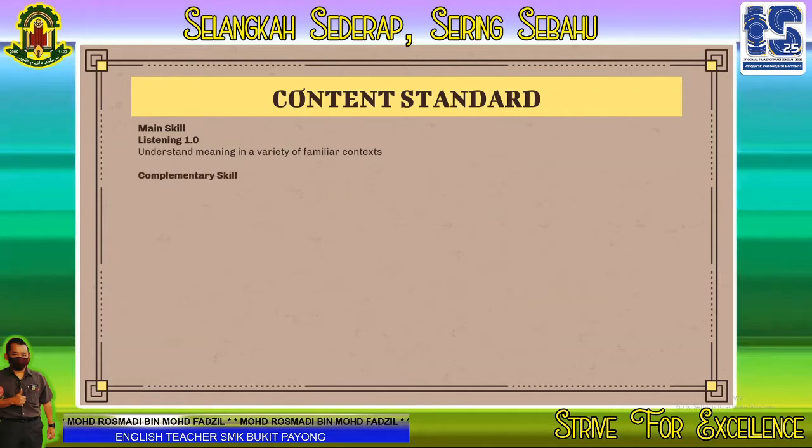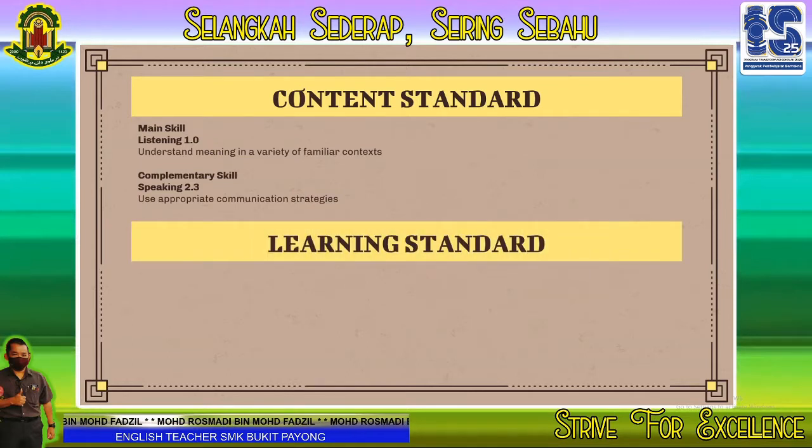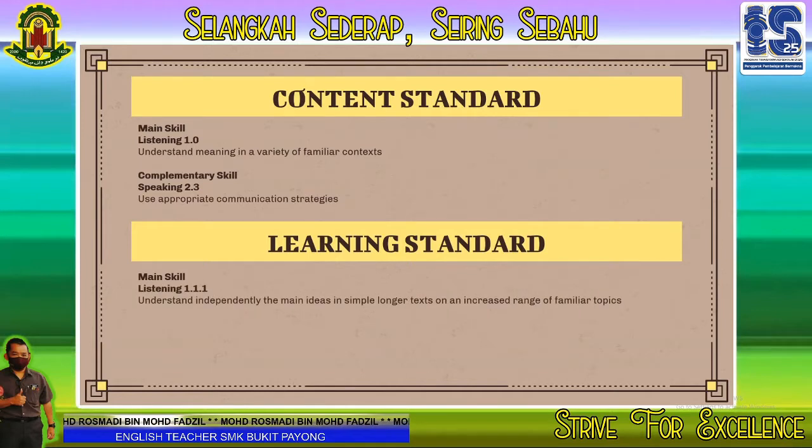And then we have the complementary skill, speaking 2.3: use appropriate communication strategies. There is the content standard. Now let's look at the learning standard. Main skill, listening 1.1.1: understand independently the main ideas in simple, longer text on an increased range of familiar topics.